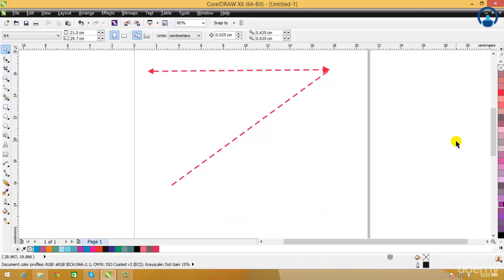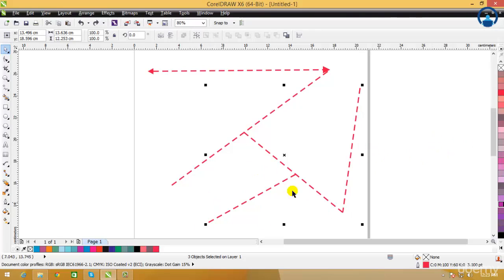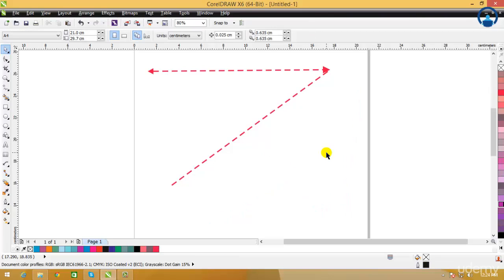Suppose I delete this line. Now see in practical, if I delete this particular line, these two lines will be deleted because these lines are connected to this particular line, and these lines won't be deleted because this particular line is connected to this line. Only the lines which are connected to the line which is supposed to be deleted will get deleted. And since these lines are not connected anywhere here, it gets deleted. Okay,